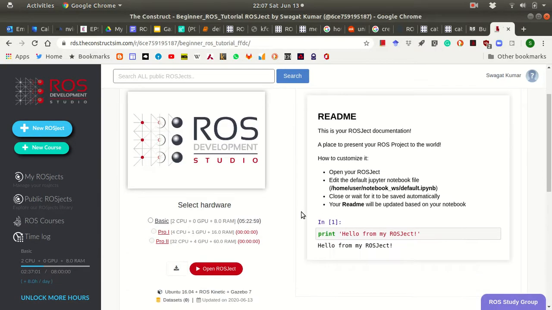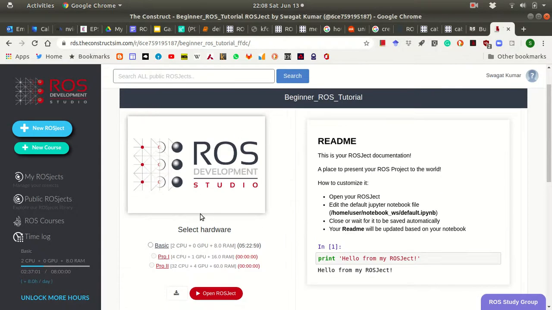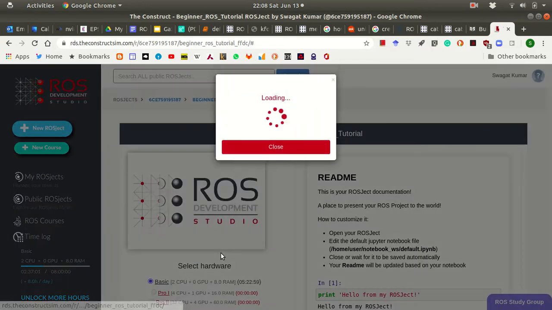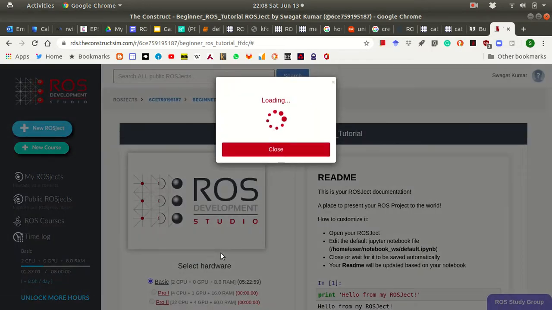You see, it creates a ROSJet module. So we'll use the basic one. If you pay the money, probably you can use the professional version that has GPUs and a higher RAM. So let's open now this one. While it is opening,